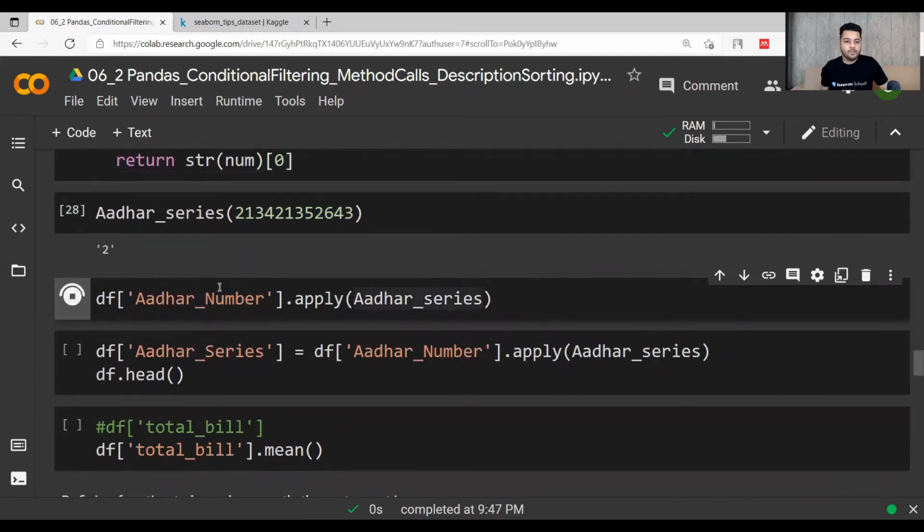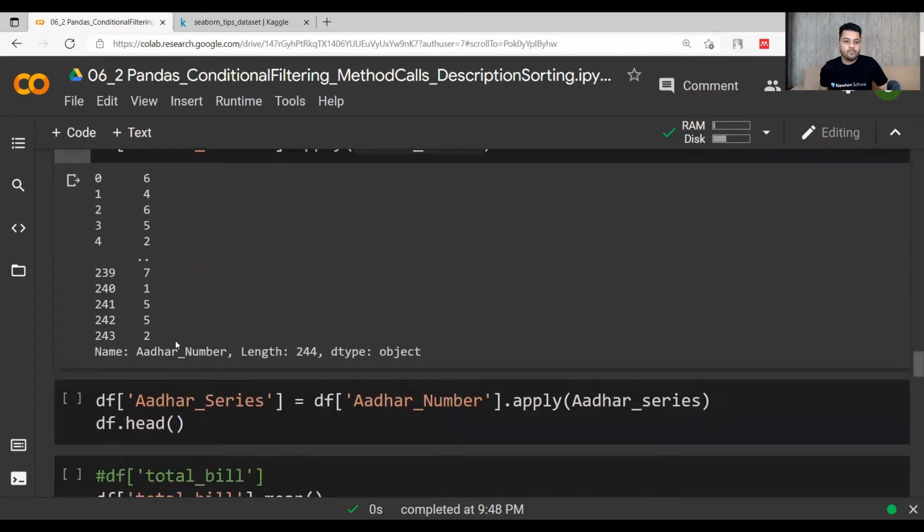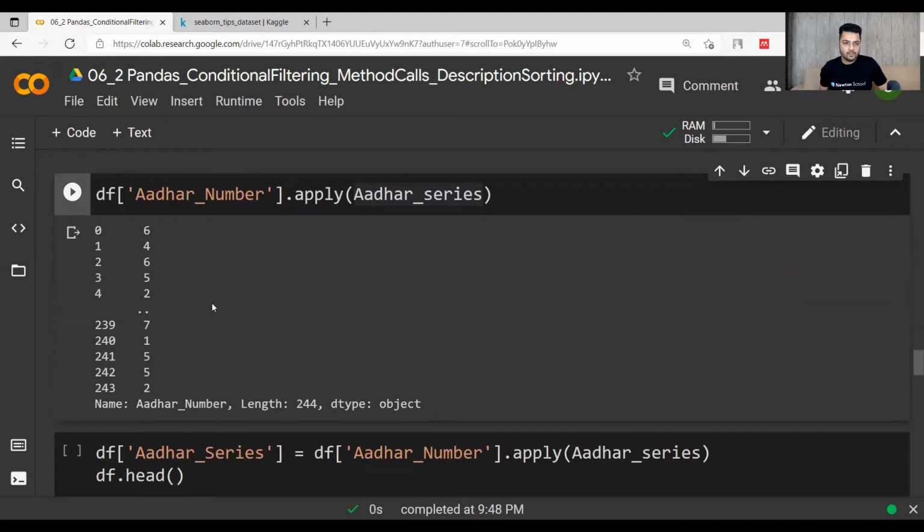So it will give me all the values. These are all the values that have been returned, but this has not affected our data frame yet. So let's say I now want to append this column at the end of my data frame.